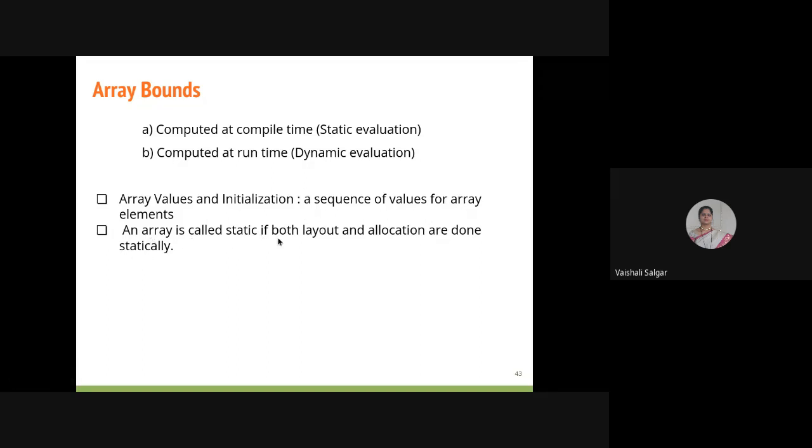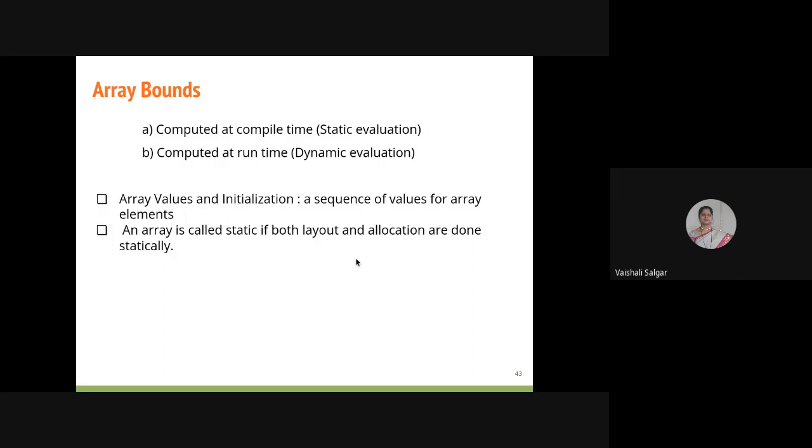An array is called static if both the layout and the allocation are done statically. See, the meaning is what? Normally when you are declaring an array, the allocation of the memory is done at static time, that is computed at compile time, but the values will be allocated at runtime, that is dynamic evaluation. So the index will be dynamically evaluated.